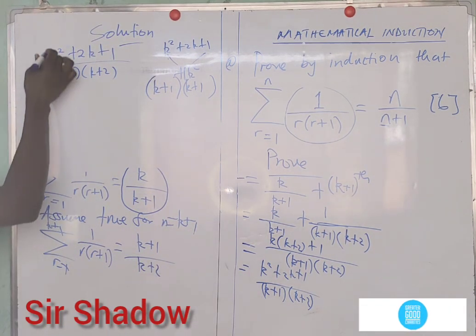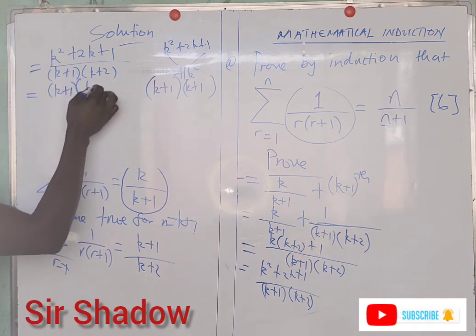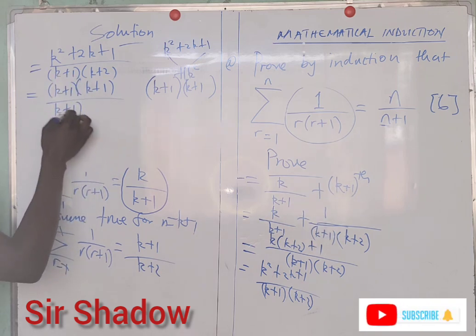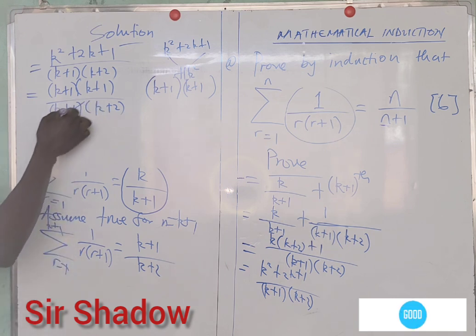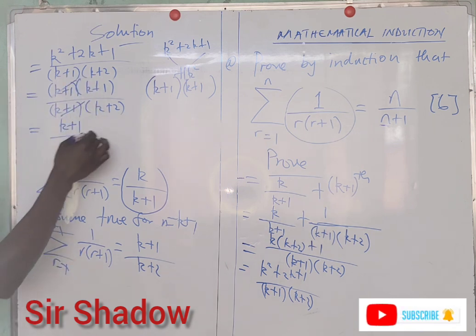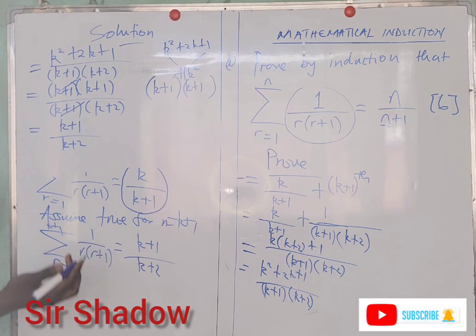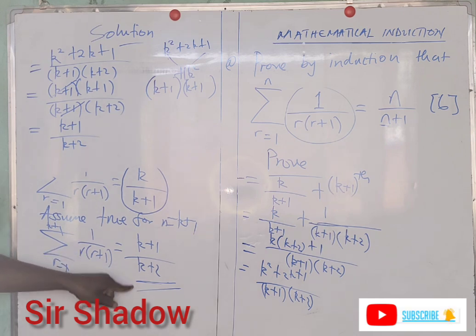So this is equal to k plus 1, k plus 1 all over the denominator k plus 1, k plus 2. But k plus 1 can cancel k plus 1, and you are left with k plus 1 all over k plus 2. This is similar to when we assumed true for n is equal to k plus 1, which is similar to this stage. So since this stage is equal to this stage,